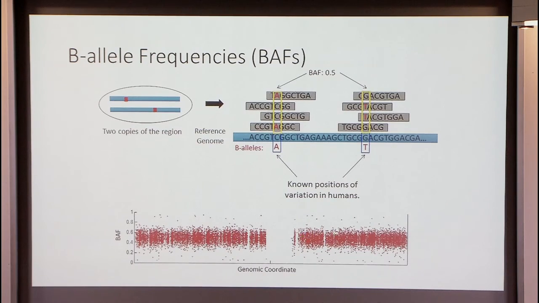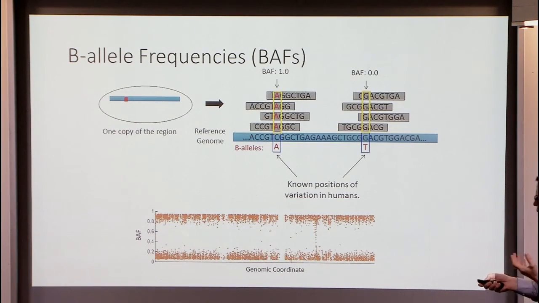Again, this is very noisy across the genome. This is actually data from a chromosome, and here the centromere is missing. You can see it's somewhat noisy. If we then delete a part of the genome, in fact, if we delete one of these whole chromosomes, then this B allele frequency shifts pretty remarkably, because we don't have the germline SNPs from one copy. So depending on whether it was the maternal or paternal SNP that we're looking at, the B allele frequency will shift to 0 and 1. We can then combine both of these signals, this drop in read depth and this drop in B allele frequency, both being signals measured across the genome that then have to be segmented into regions of equal copy number.